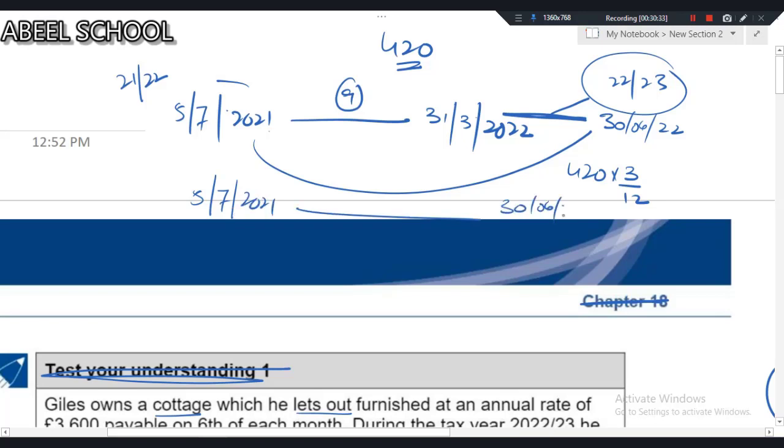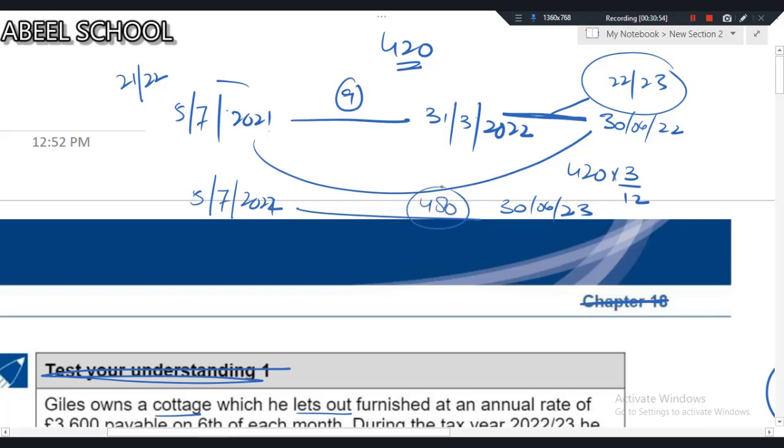They have paid the insurance from 5th July 2022 till 30th June 2023. And we are right now solving the question for the tax year 22-23. For the 12 month period, the insurance amount is 480, but out of this 480, we'll take only 9